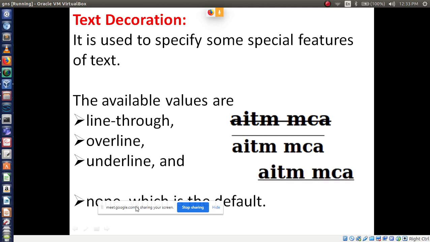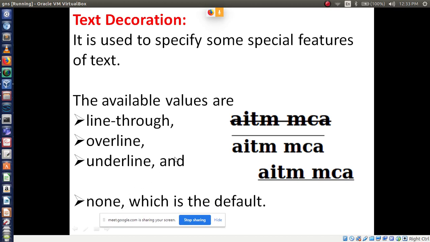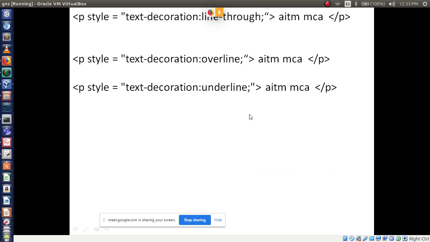By default it is none, if you just use a p tag or h1 tag, it will be considered none. To display like this, you have to use the text-decoration property: line-through, overline, and underline. If you use it like this, you will get line-through, overline, and underline.